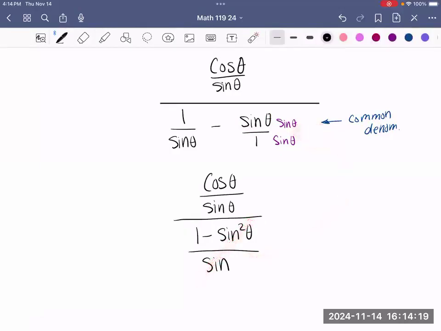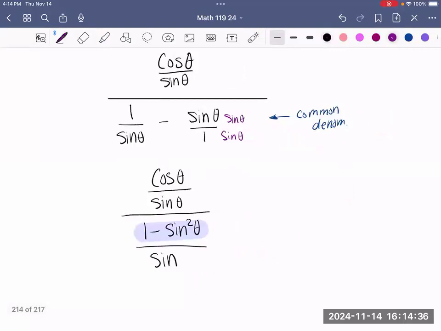Now at this point we can, if you wanted to, perform keep change flip, but I want you to try and think outside the box. Can we simplify your denominator just a little further? We do have a trig identity here. That is 1 minus sine squared, of your trig identities,